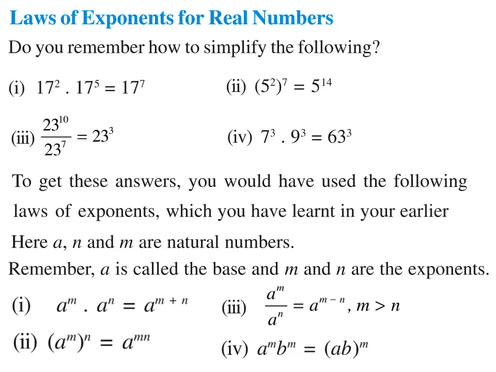Now we will learn some extra properties that you have to remember for this chapter. Property number 5: 1 divided by a to the power n can be written as a to the power minus n. So here you will get negative exponents. Whenever 1 divided by a to the power n can be written as a to the power minus n, or vice versa, you can write both. Like if I have to write 17 to the power minus 3, it can be written as 1 divided by 17 to the power 3. So this is property number 5.